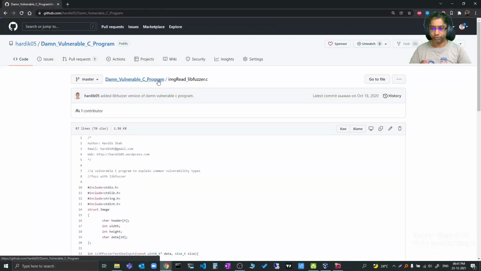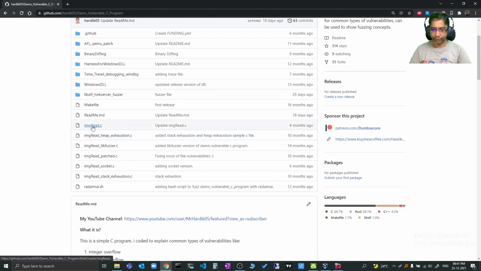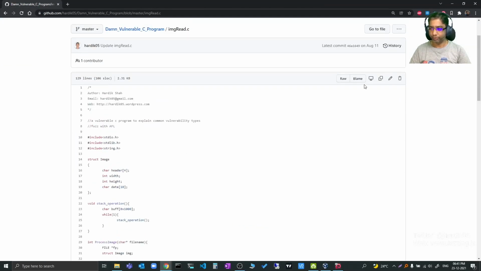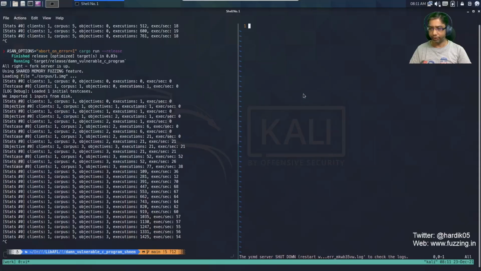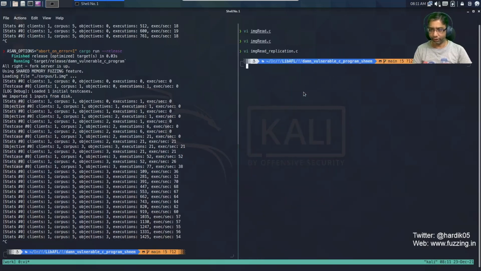So for that, let us go to our GitHub repo, that is github.com/hardx05/damn-vulnerable-c-program, and we can simply copy this imgread.c file and create a new file over here. So let's paste the content, and now we can compile this.